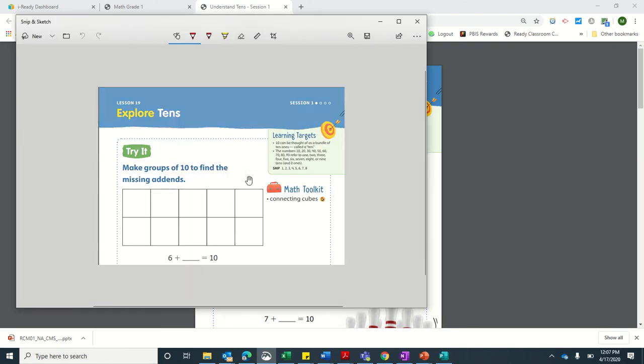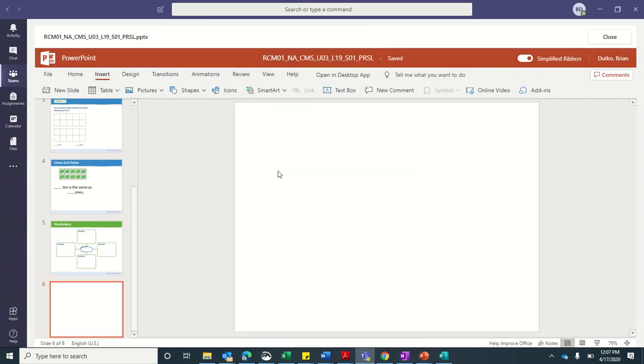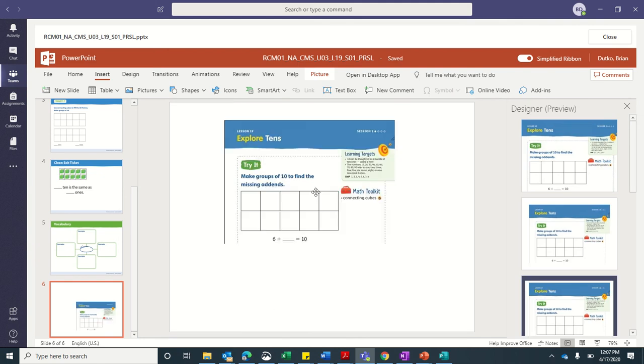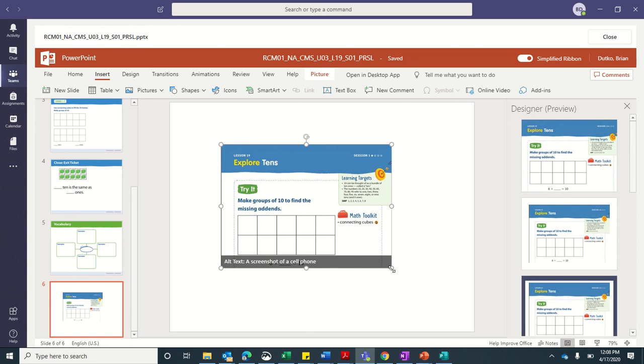And so if I press Control C, that will copy the picture. And then when I go back into my Teams, I can press Control V and I can paste that picture right onto the screen. And if I really want to get creative too,